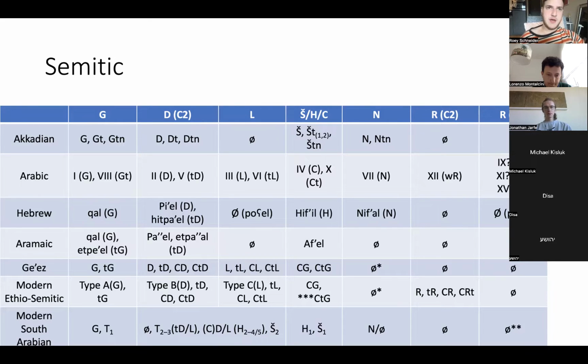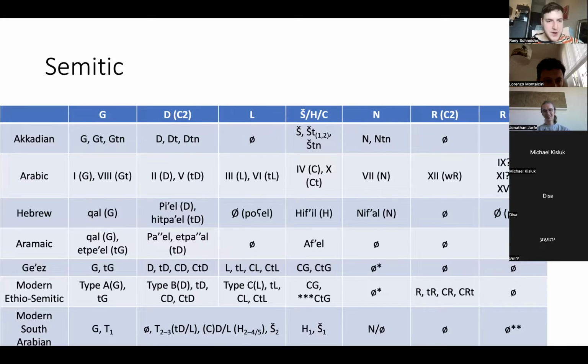The G does not have a geminate in the subjunctive and the D does. So that's why it's not referred to as really different stems, because they almost merged, but they're slightly different. And modern South Arabian. Okay, so modern South Arabian does not have gemination, nor does it retain long vowels in a way that we understand or be able to analyze.